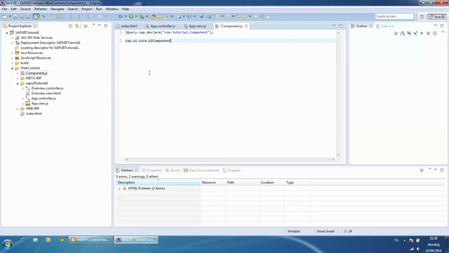In the component.js, we extend the UIComponent and call it com.tutorial.Component.